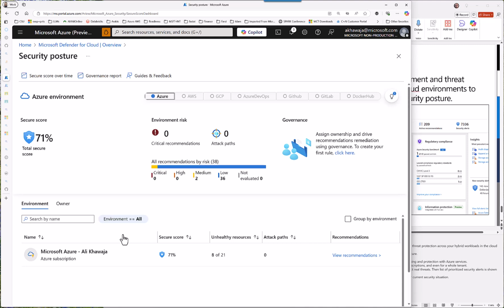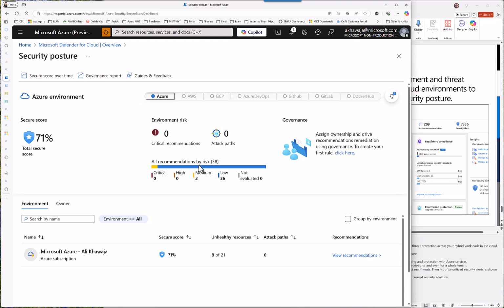Maybe because vulnerabilities are not there, maybe its resources are very minimal, whatever it is. It's giving us a good indication that we are above average, sort of. Again, you want to be above maybe 80-90%, but it's telling us that we need some work to be done. Also, it tells us that we don't have any critical issues, no high issues, some medium, and mostly low vulnerability issues, right?